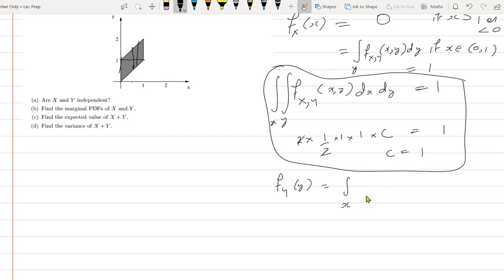The marginal on y is you integrate the joint distribution over x. So what is that value? Clearly, if y is greater than 2 or y is less than 0, it is 0. Otherwise,